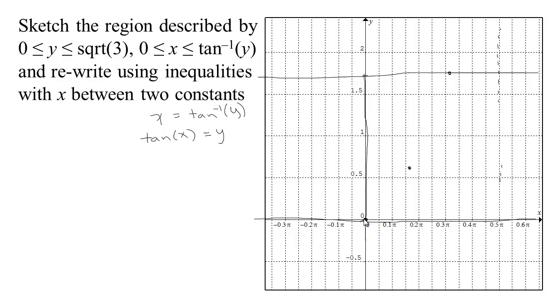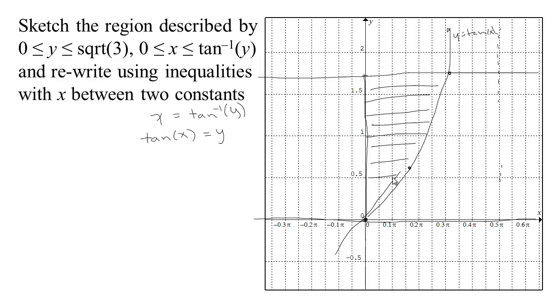So we've got our tangent curve coming through. Oops, let me make it a little bit more bowed. There's our y equals the tangent of x. Okay, so we're saying for any y value between these two, the x value starts at 0 and increases until it hits the arctan. So we've got this region here,